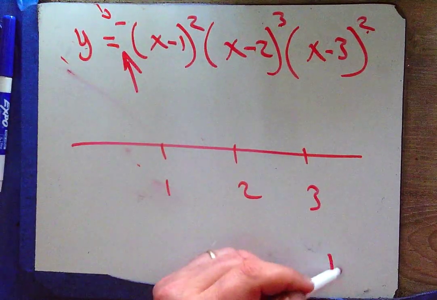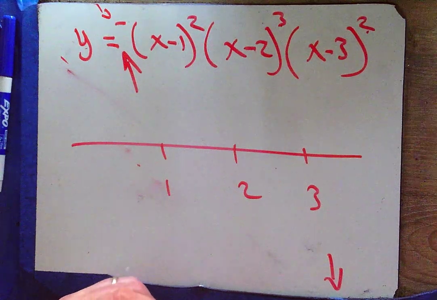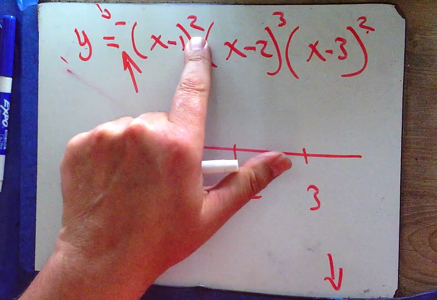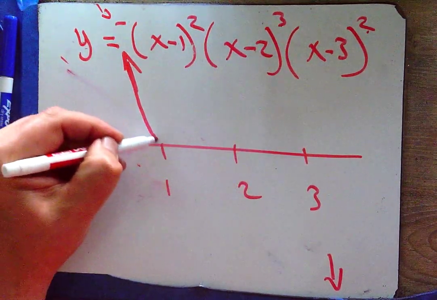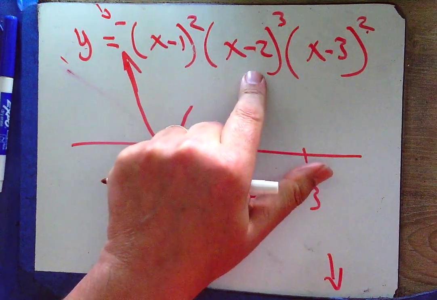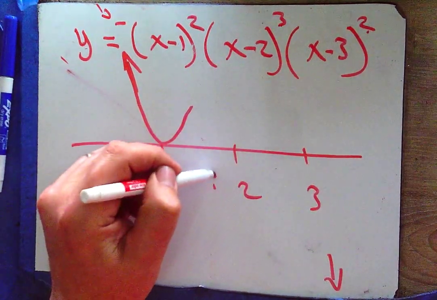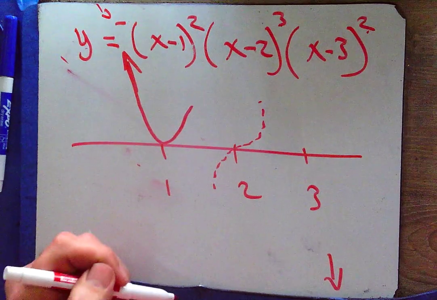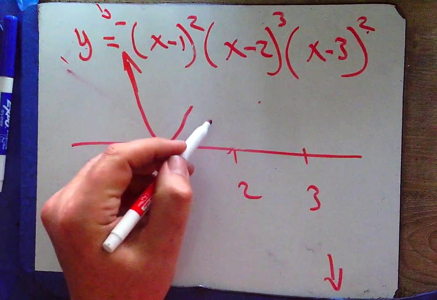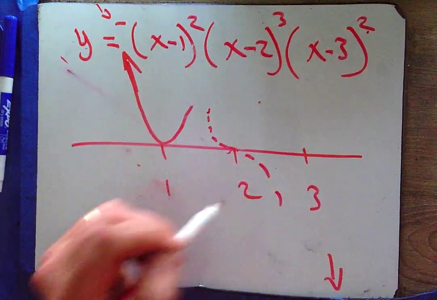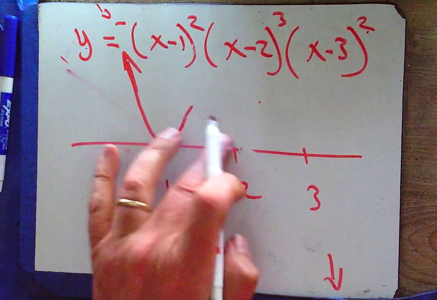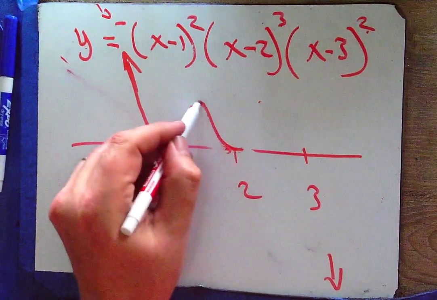We're up over here and down over here. Now, what am I supposed to be doing at x equals 1? I'm supposed to be bouncing. What am I supposed to be doing at x equals 2? Well, at x equals 2, I'm either going to wiggle like a positive x to the third, but I can't connect that with that, or I'm going to be wiggling like a negative x to the third, and I can connect those. So my graph is going to wiggle here,